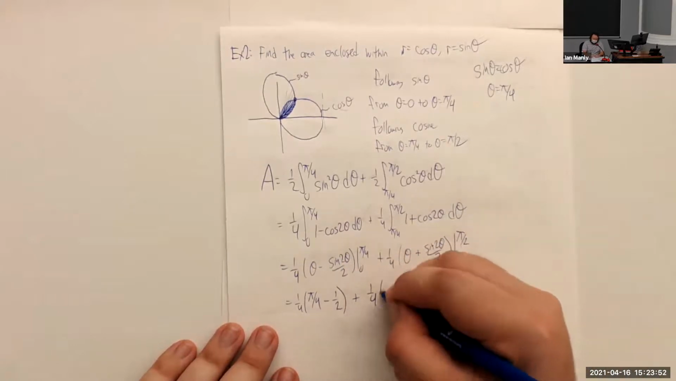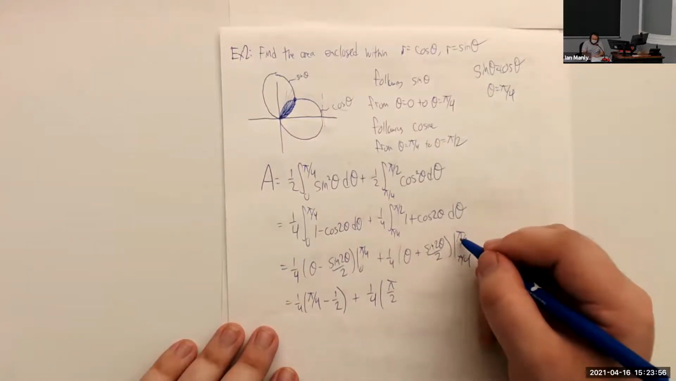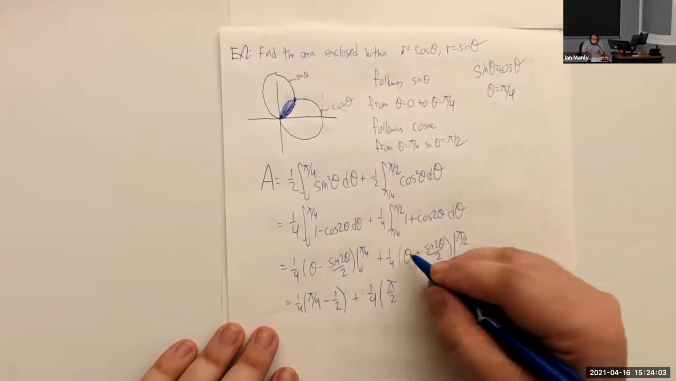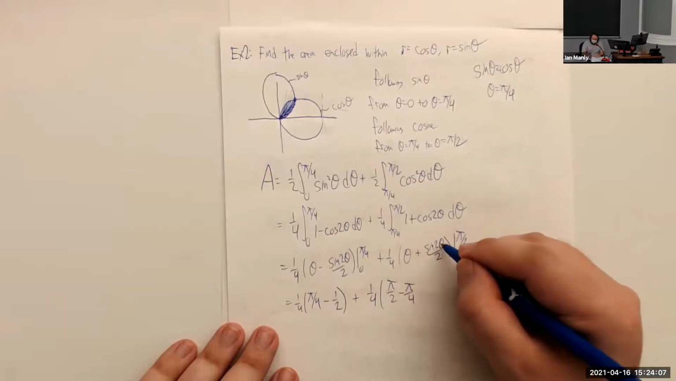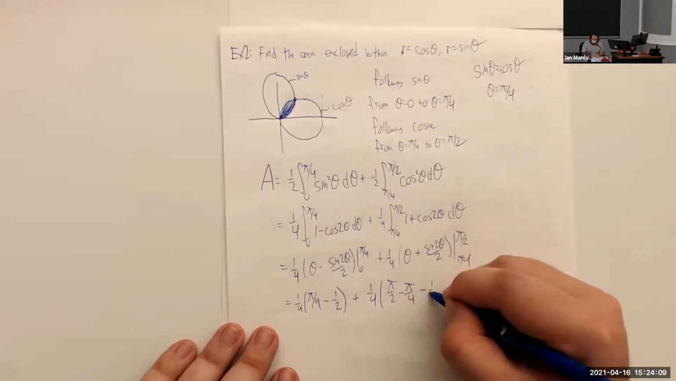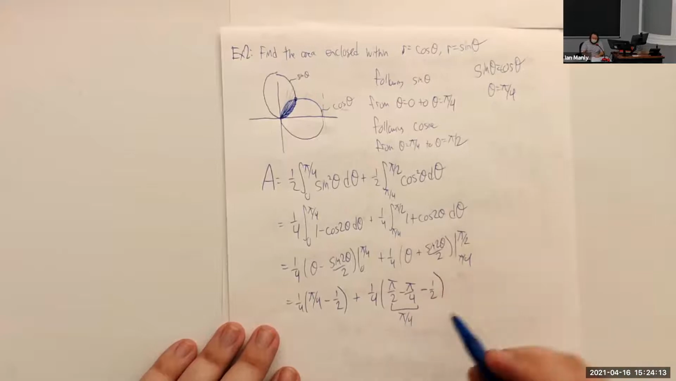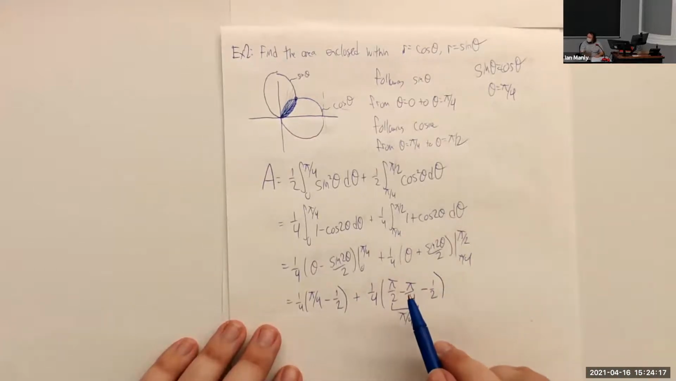And then for this next part, I have pi over 2. And then I add sine of 2 times pi over 2, which is actually 0. And then I subtract and I plug in pi over 4. And I subtract, I plug pi over 4 into here. Okay, and then this is pi over 4. Interestingly enough, notice that these actually gave us exactly